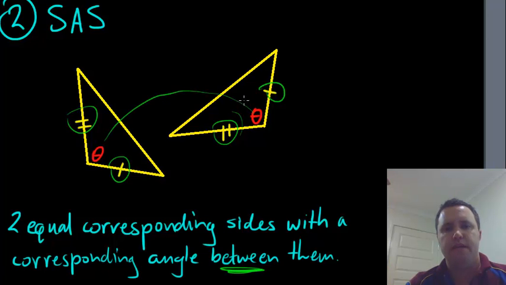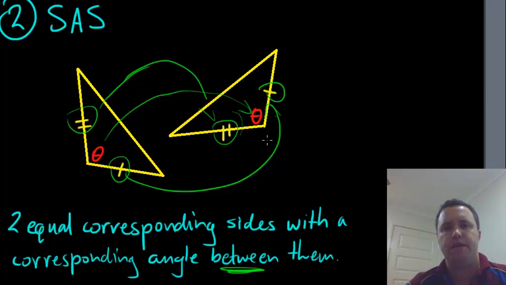Angle corresponds to the angle, side corresponds to the side, that one there, and this one corresponds around here. So that's our second rule, SAS, side, angle, side. Okay, the next one